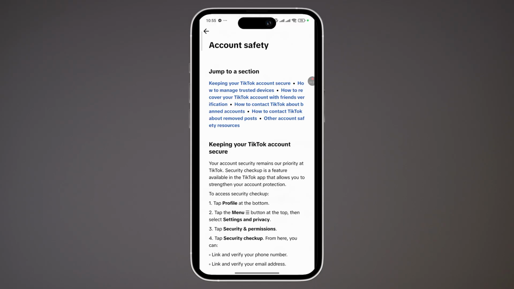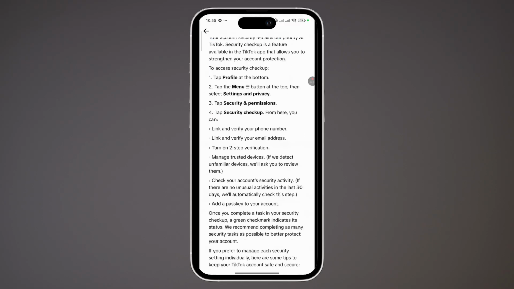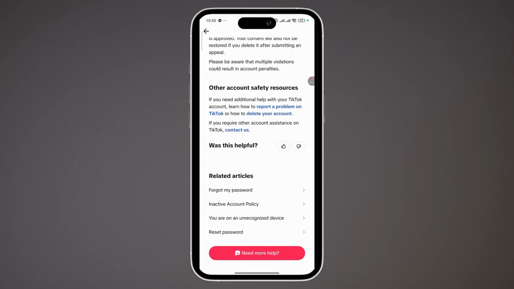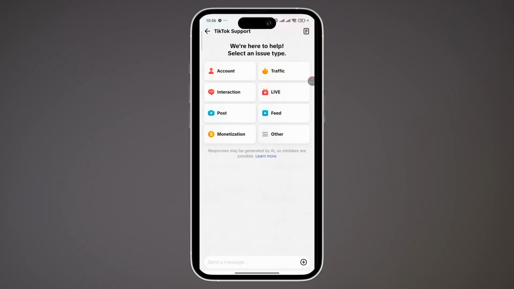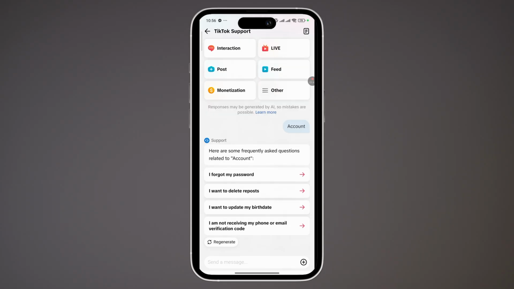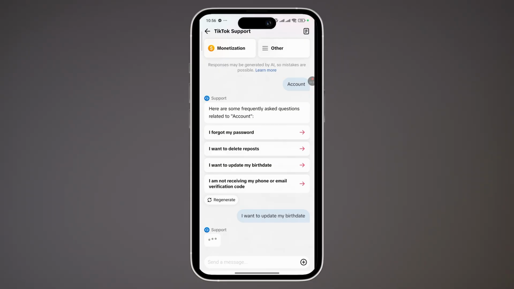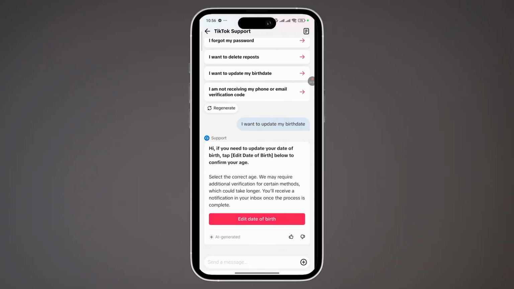Once you see the interface like this, scroll down all the way to the bottom and tap on the button that says need more help. On the next page, tap on account, and after that support will give you the options. From there you can tap on the option that says I want to update my birthday. Tap on it, and after that tap on the button that says edit date of